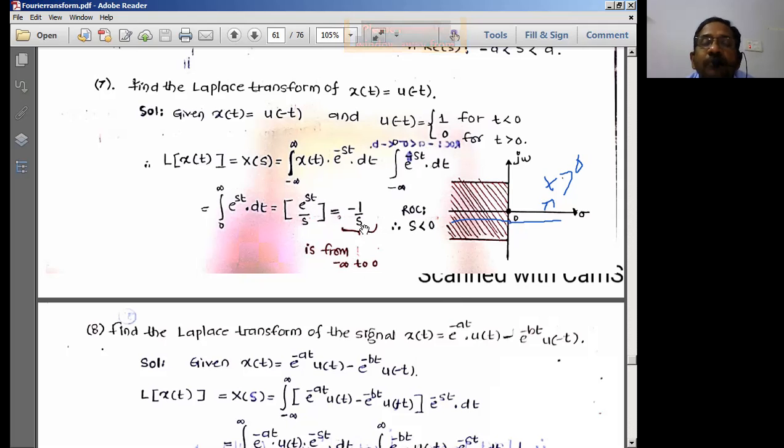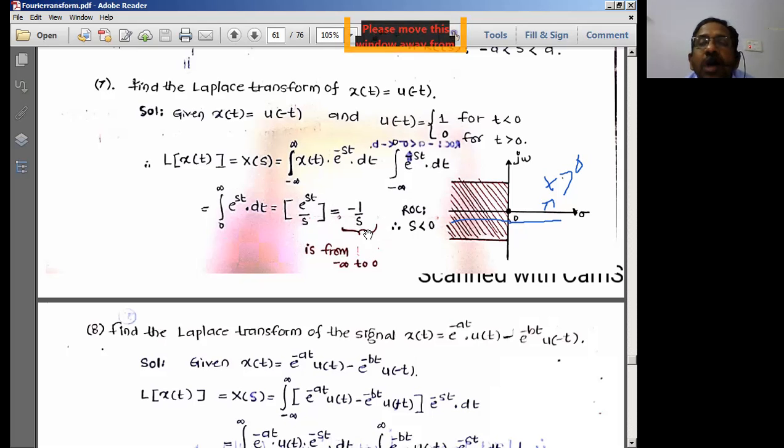So when you solve, what you get now? Minus 1 by s. So no need to convert this into 0 to infinity. Just simply straight away get into this. Otherwise, once again, you have to revert back your equation, put minus n here, all this stuff you have to do. Otherwise, straight away use this particular equation to get into the final solution. That's equal to minus 1 by s.